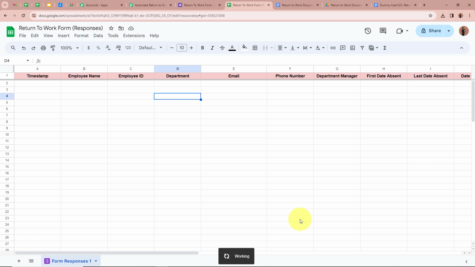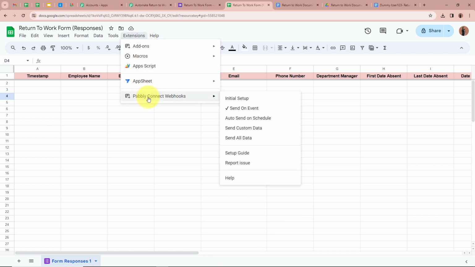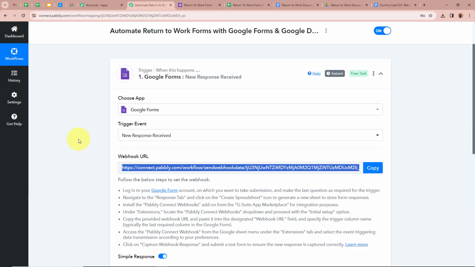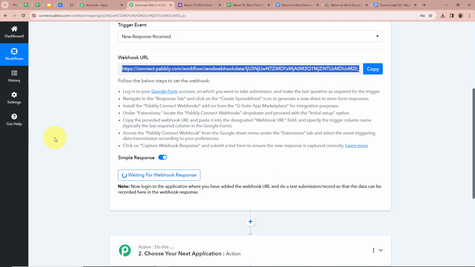As you can see, it is saying working. If I take you back to extensions in Pabbly Connect Webhooks, you can see a tick mark in front of send on event. This means that whenever new data is captured in the spreadsheet, it will automatically be forwarded to Pabbly Connect. So that is why it is very important to click on send on event. If I take you back to my Pabbly Connect account, over here it is saying waiting for webhook response. So what we are going to do is submit a dummy form response